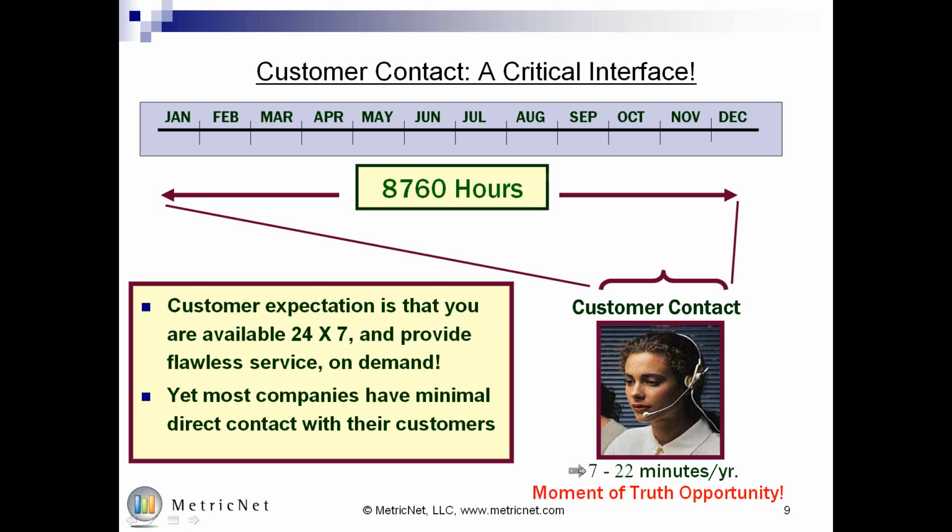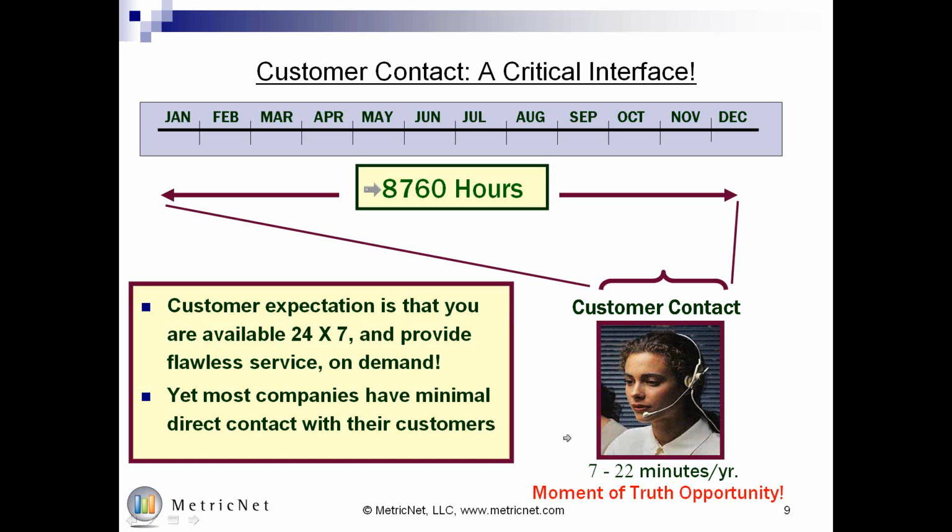So you take the institutions that you normally call on a periodic basis. It might be your retail bank. It might be your gas and electric utility. It might be your mortgage provider. It might be your insurance company. On average, you're only talking to each one of those providers from 7 to 22 minutes per year. Now, if you think about it, there's 8,760 hours in a year, yet when you call your mortgage company or your insurance company or your retail bank, you expect on-demand service 24/7, 8,760 hours per year, and you expect to